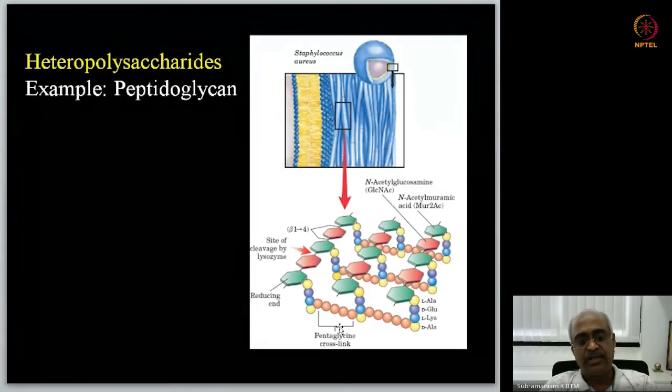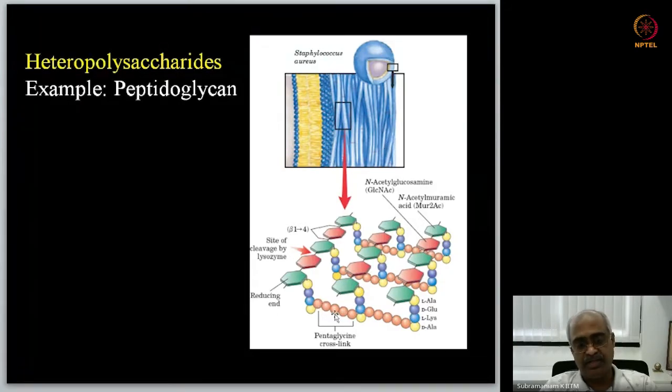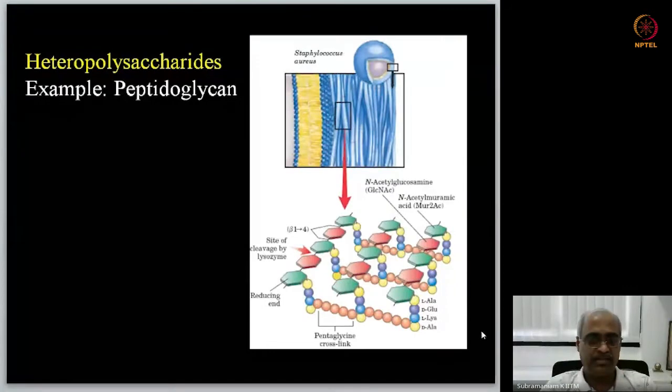In gram-negative, instead of pentaglycine, these amino acids are directly joined. Like this alanine is joined either to the lysine or to alanine, and so on. So this is one of the important heteropolysaccharides, and it is important in studying many bacterial infections as well, because some of the drugs are focused on